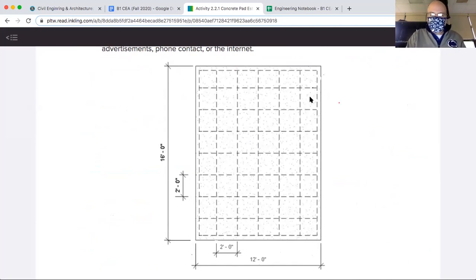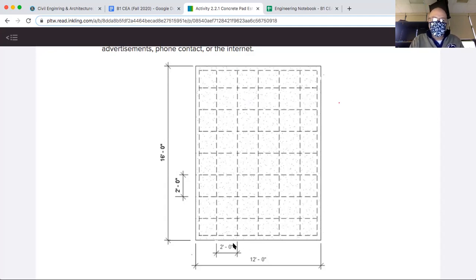That should be familiar since that was the size of your shed. And so the actual concrete pad, I think that's pretty obvious. It's just a big rectangle. But then there's these dashed lines, and these dashed lines represent rebar, which is metal bars, reinforced bar. That's what rebar stands for. And they literally put the rebar inside the concrete while it's still wet, and then it dries. And the rebar is doing exactly what it sounds like. It's reinforcing the concrete. If you did not have rebar, the concrete would crack very easily. So these dashed lines, this grid, represent where the rebar is